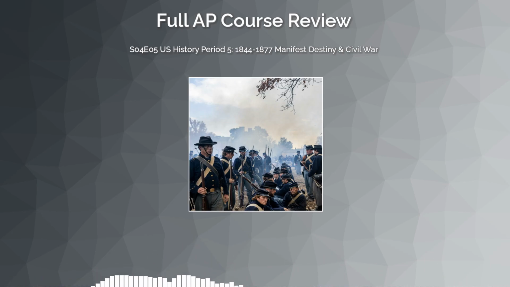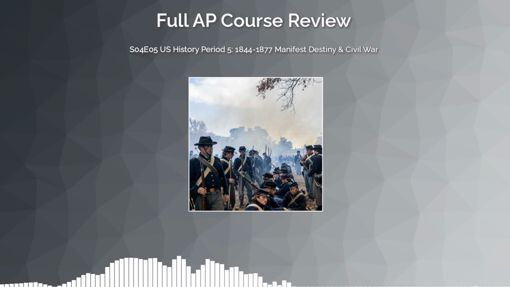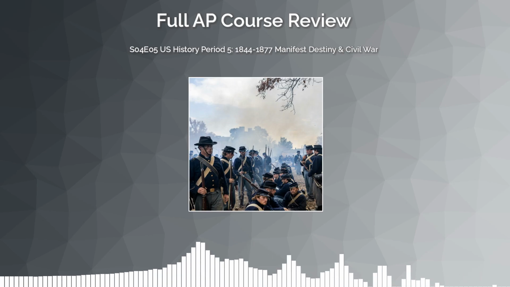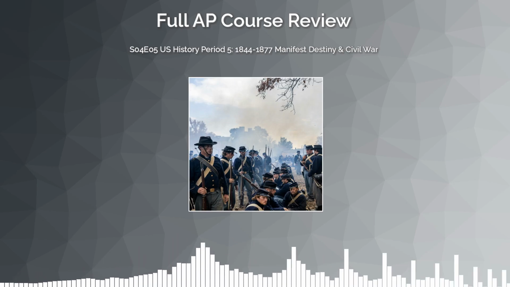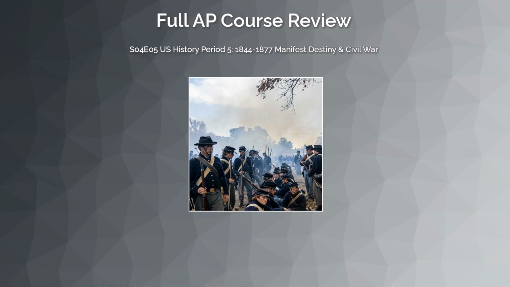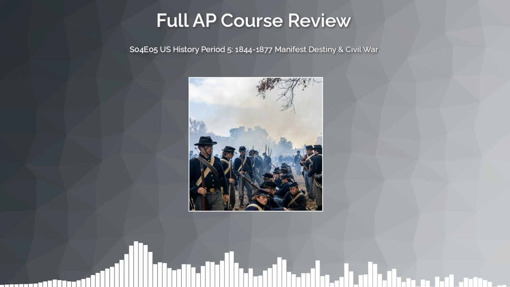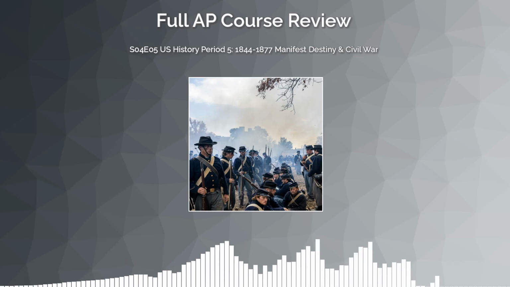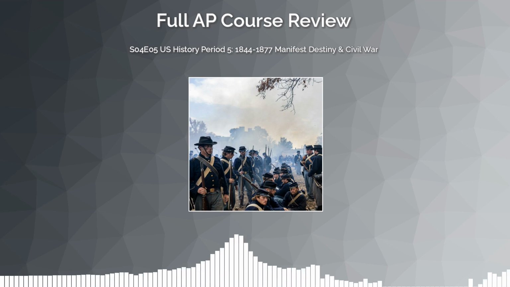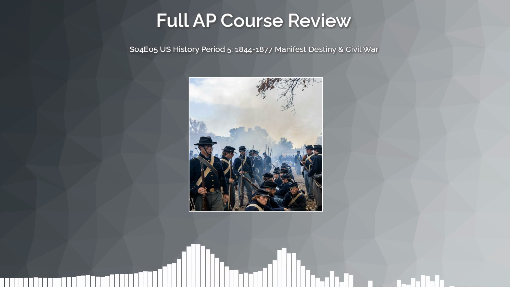The core comparison: reform, movements, and sectionalism. One of the richest comparisons you can make in Period 5 is between the reform impulse of the antebellum era and the fracturing of national unity. During the 1840s and 1850s, reformers, abolitionists, women's rights advocates, temperance crusaders were all animated by the same basic belief: American society could be perfected. They shared an optimistic, almost evangelical energy.